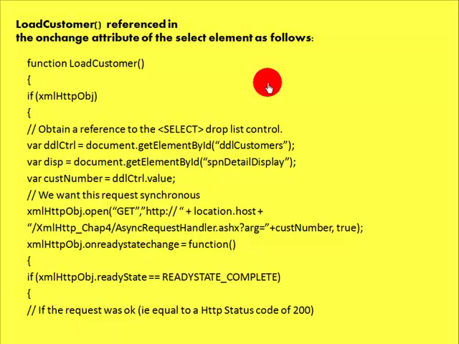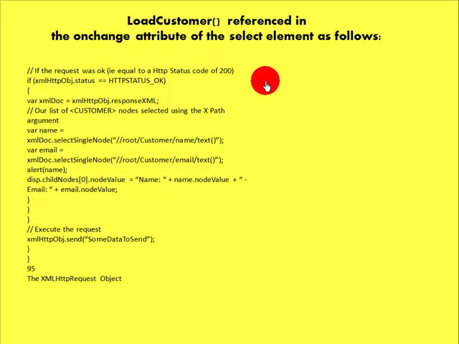Okay, look at this example code. To demonstrate the use of the HTTP handler to accept arguments sent from an HTTP request object, you first define the user interface within the web page as shown in the following code. This simple code shows a drop-down list containing 3 customers. When one of the customers is selected, the customer ID is used as part of the asynchronous request to